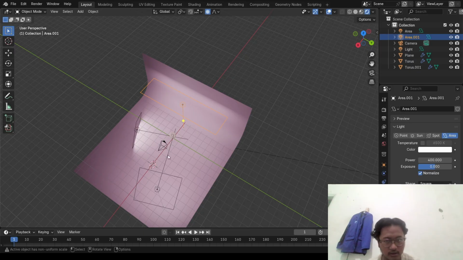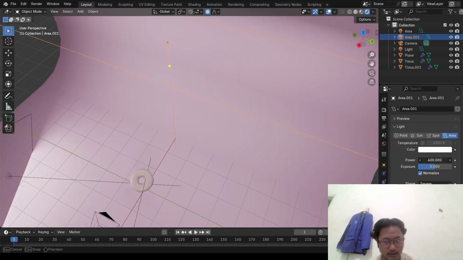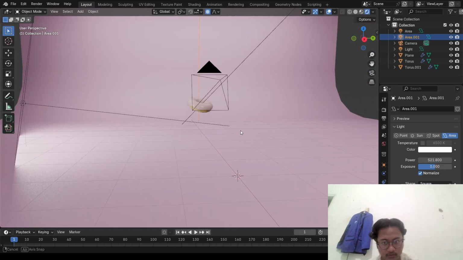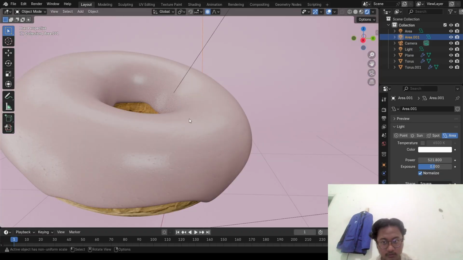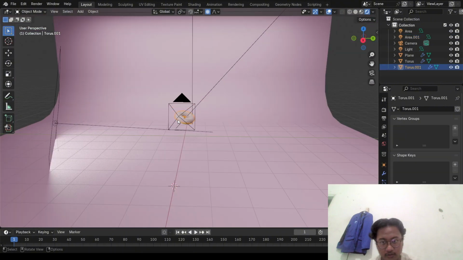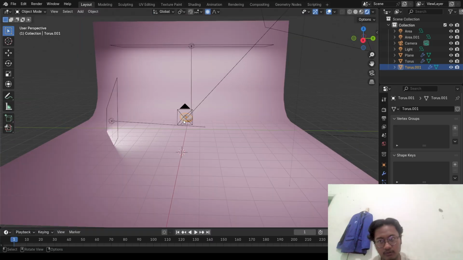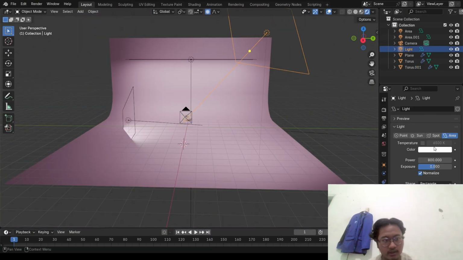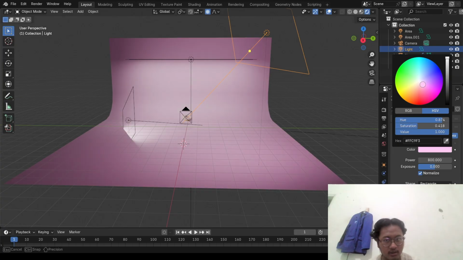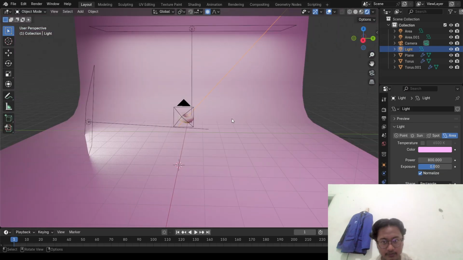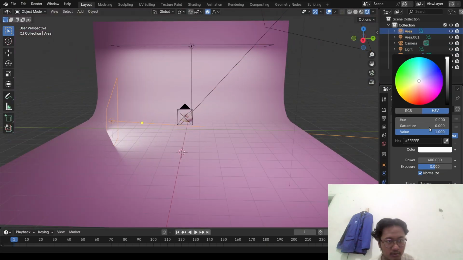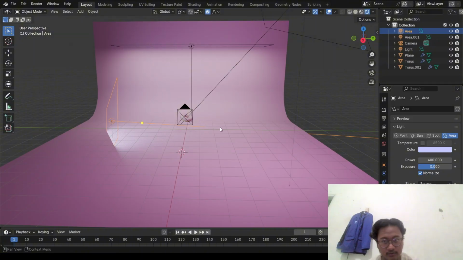I'm gonna make this like right. Then after that, this looks very flat, so I'm gonna add the color to this, more pink. Then there's gonna be more blue. So it's gonna make a difference like